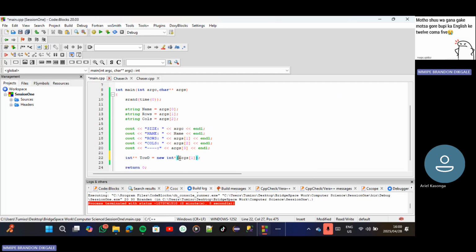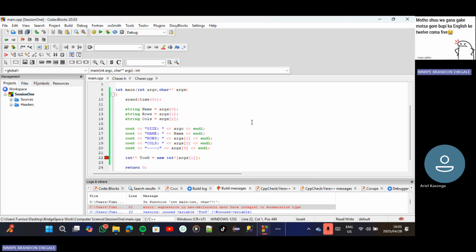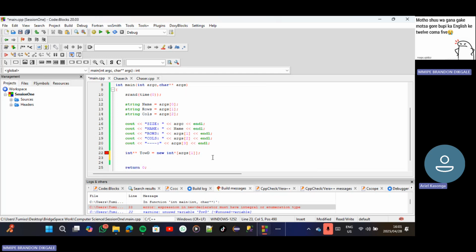So this thing would be wrong because argv comes to our program as a string. We can't specify the size of an array with a string. It needs to be a data type of integer. So if I try to run this, it will give me an error because it's not possible to use a string. Even if let's say here we declare this as rows, right? So let's say we want to loop through an array of size rows, so int r equals 0,